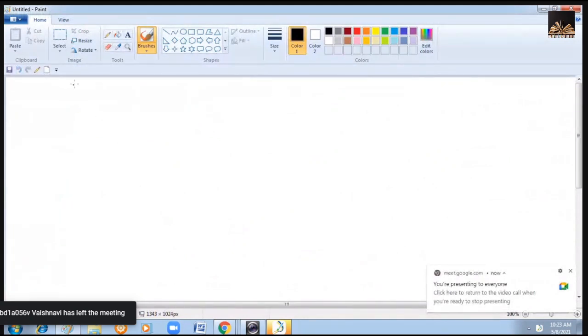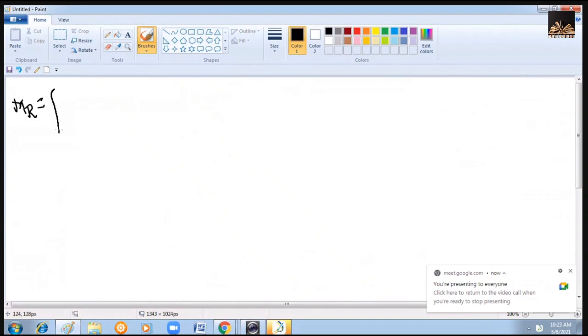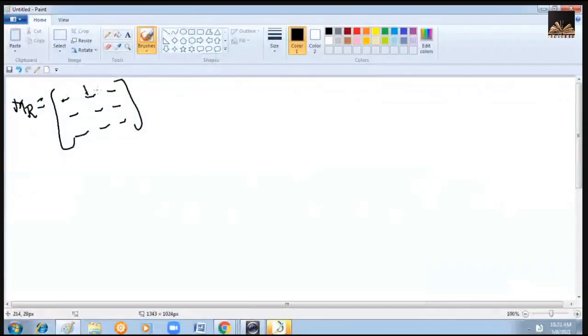Now suppose you want to get the matrix representation, how will you do it? The given relation is (1,2), (2,2), (2,3), (3,3). You will get a matrix of size 3 by 3, because the number of elements in the set is 3. (1,2) means first row, second column. Next (2,2) is second row, second column. (2,3) means second row, third column. And (3,3) means third row, third column. Remaining are zeros.